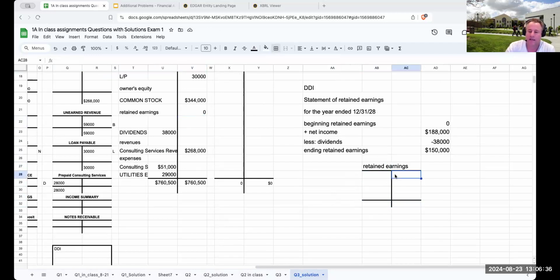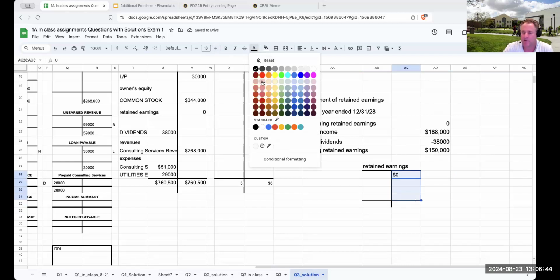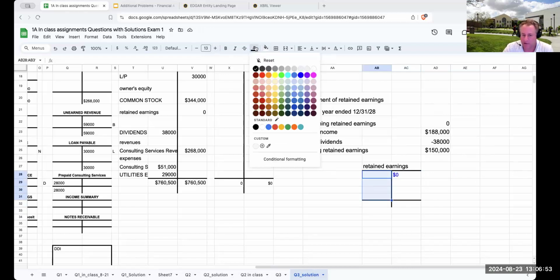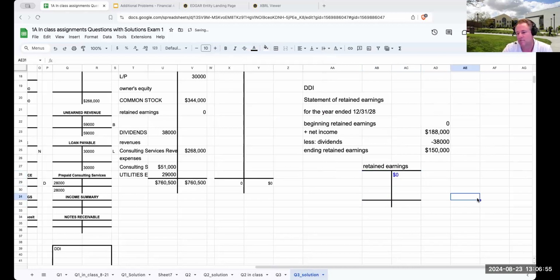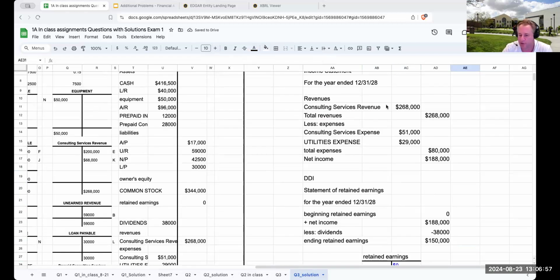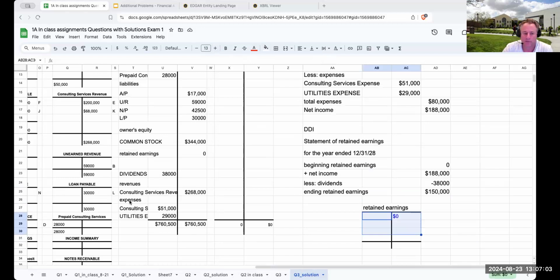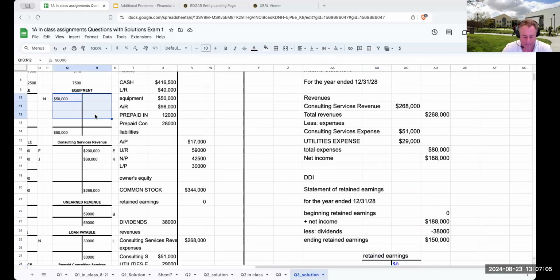We're going to have a beginning balance of 0. Now, which accounts am I going through and effectively closing out to retained earnings? Well, it's basically going to be anything that is a temporary account: revenues, expenses, and dividends. So what I'm going to need to come over here and do is to